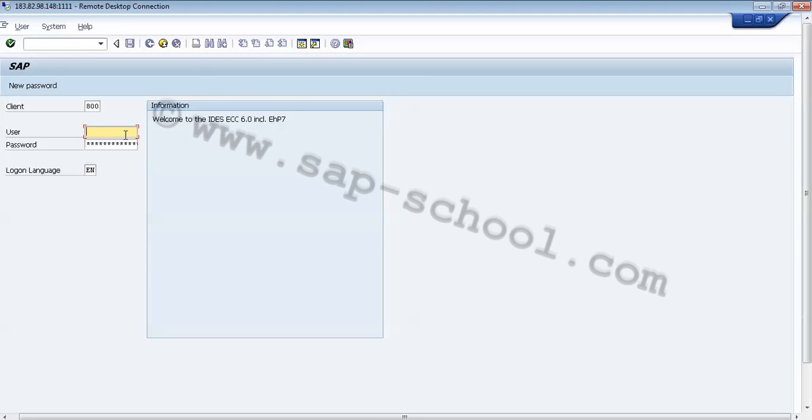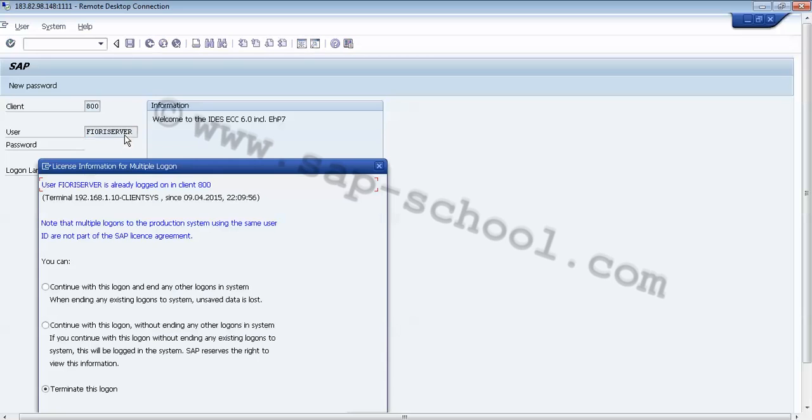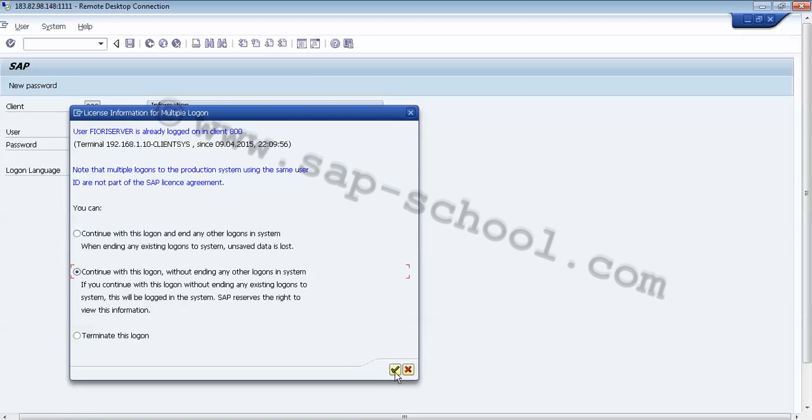Here I have to enter the username and the password. I'll just continue with this logon without entering any other logons in the system.